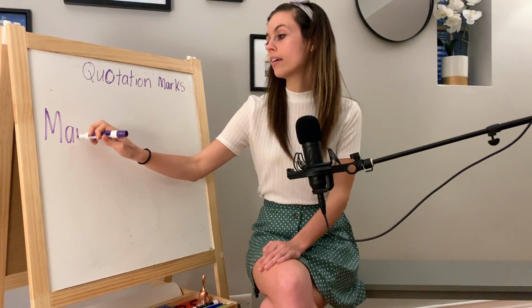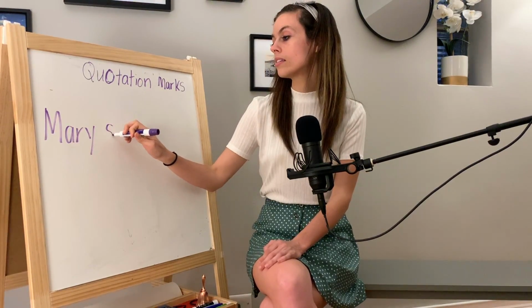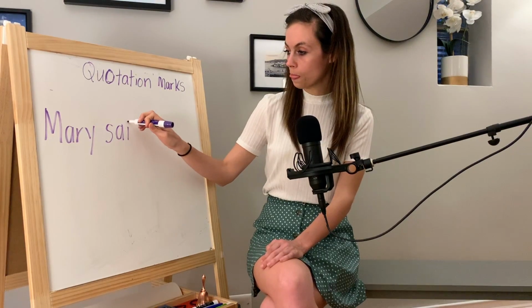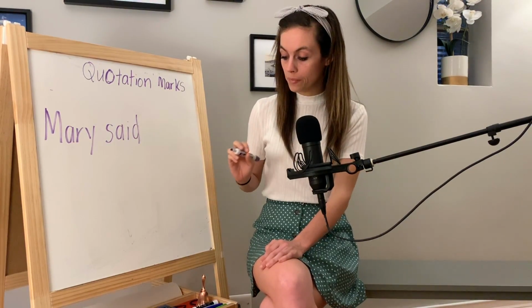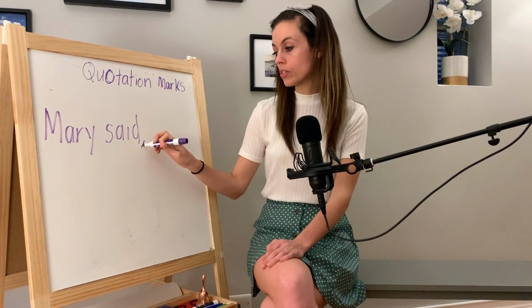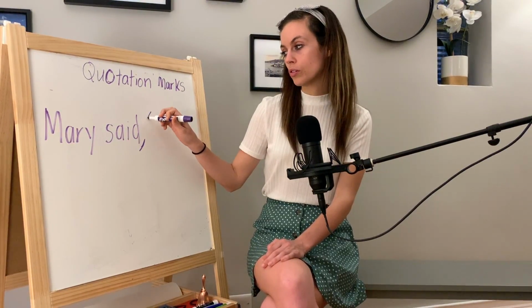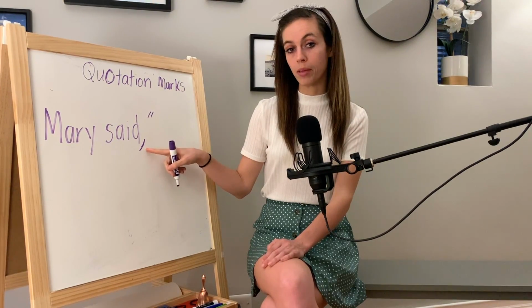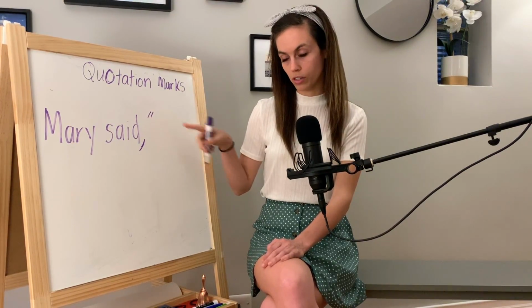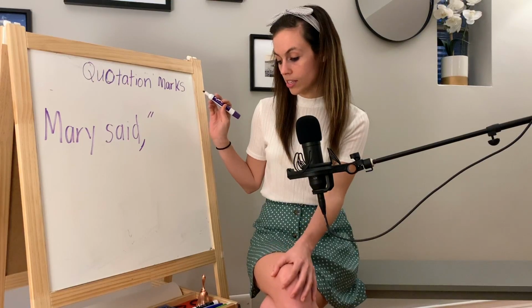So, for example, you might say something like, Mary said, and then before you put your quotation mark here. So if you say the person and what they said, then you do your quotation marks. You have a comma before the quotation marks. Okay, so you might say, Mary said,